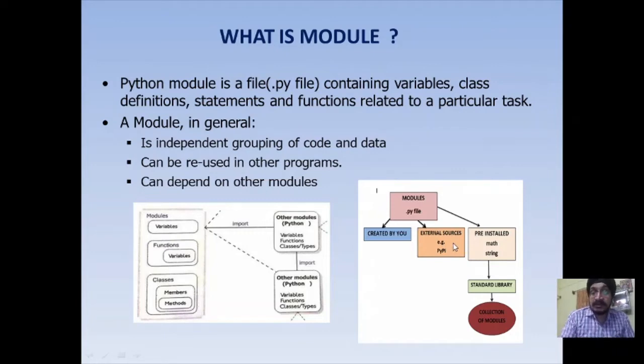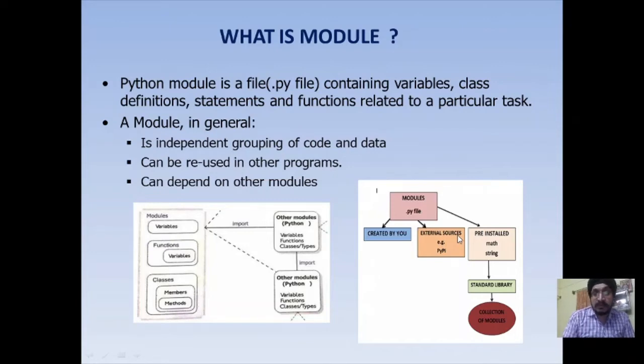If you are using the Tkinter library, then you can use modules for creation of different types of graphical user interface components like buttons, checkboxes, radio buttons. So we have seen modules can be created by the user. We have some pre-installed modules, or we may install modules from external sources.